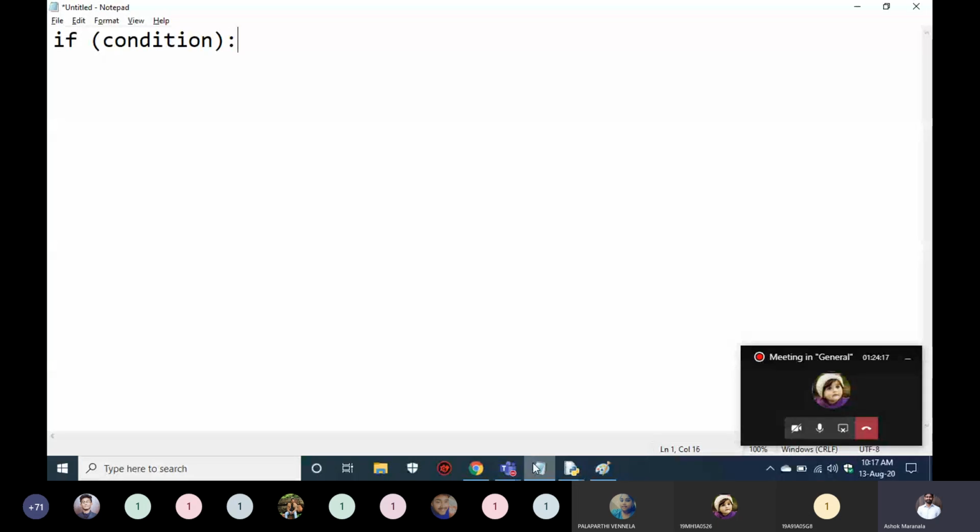In Python we use colon. After writing the condition we give colon. What will this colon say? This colon will indicate that now the if has opened, and now you can write anything inside if. If is nothing but a block. Elif is also a block, else is also a block.